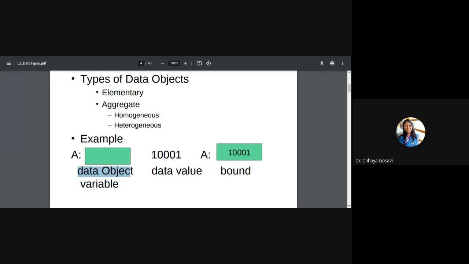Now, when we assign a value to a variable, suppose A is equal to 10 or A is equal to 11, that value is nothing but a data value. So we have a variable, a data object, and its value. When we say A is equal to 10, the value is stored in that particular memory location. So we can say that variable A is bound to this memory location.